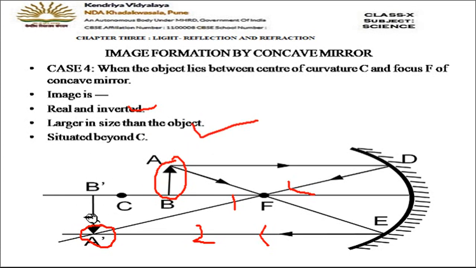And now children, what is the location? You can see that the image is formed beyond C. It is behind point C. So the image is formed beyond C. Okay, I hope it is clear. If you remember the rules for tracing the lines, you will get the perfect position. Fine, so the rules are only those 4 which we have studied earlier. Fine. Now let us move on to case number 5.